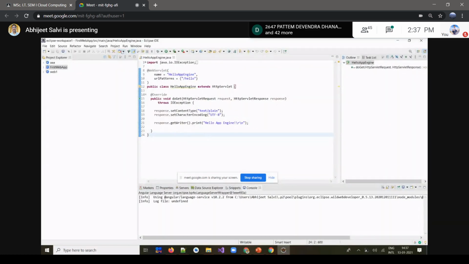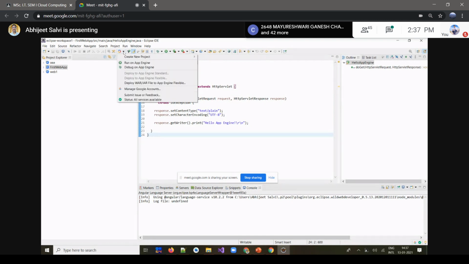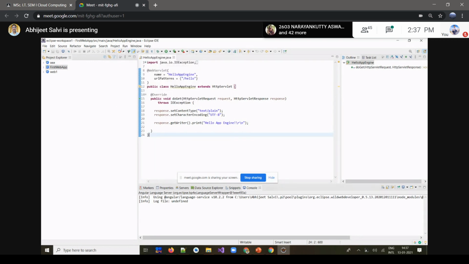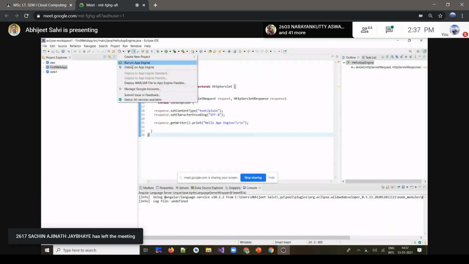Then we click on this and just select Run on App Engine. Once you select Run on App Engine, this application will be hosted or deployed on that App Engine. That is what we are talking about right now. But please understand that this account is not activated, so I'm not able to do that right now.